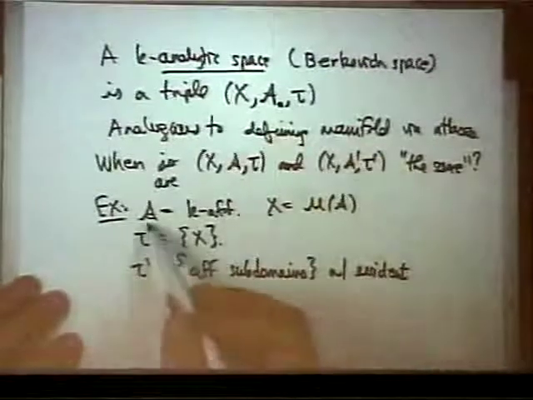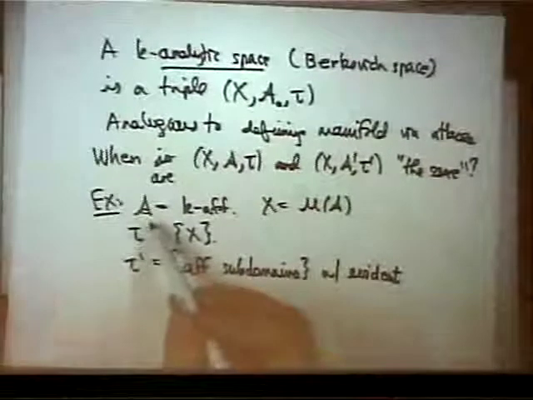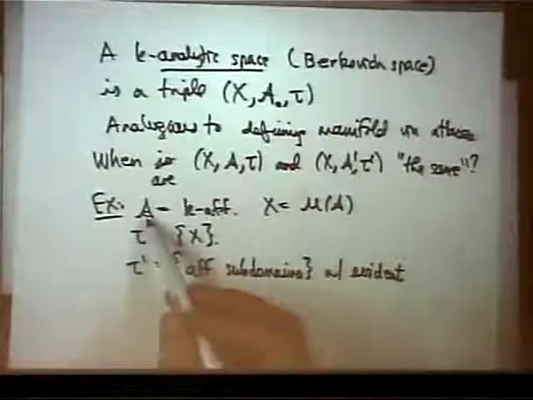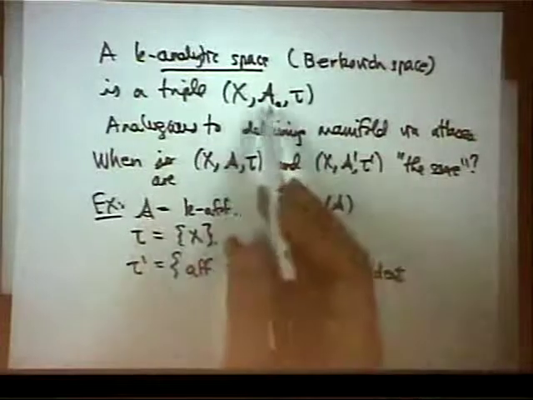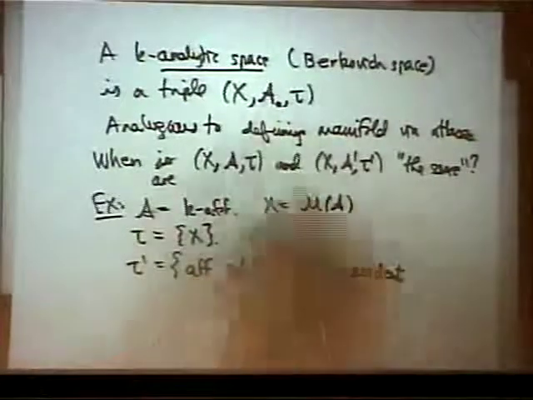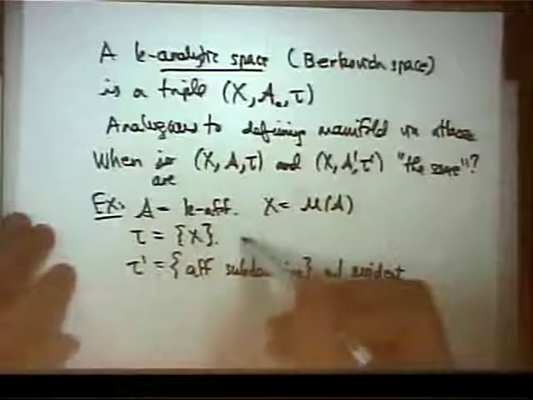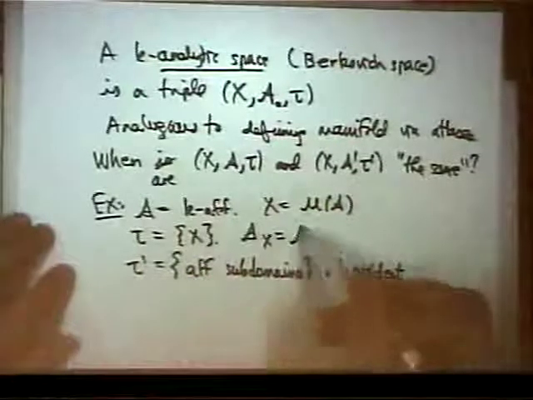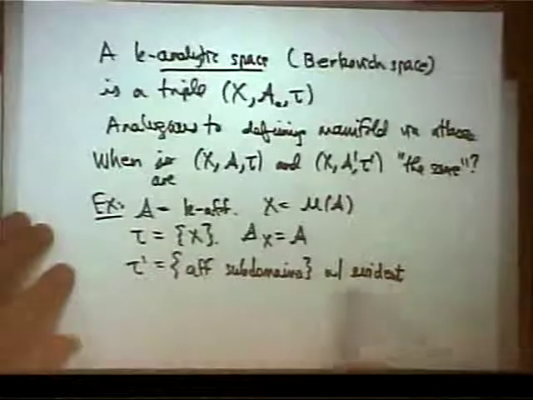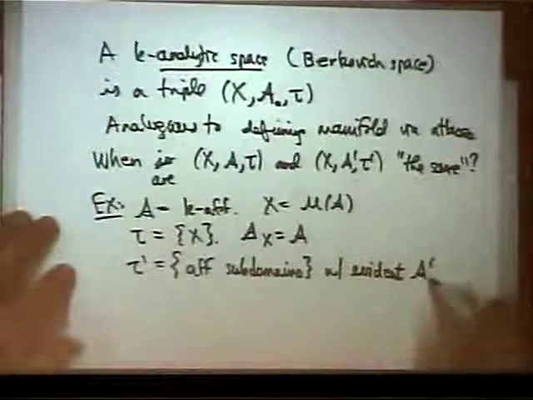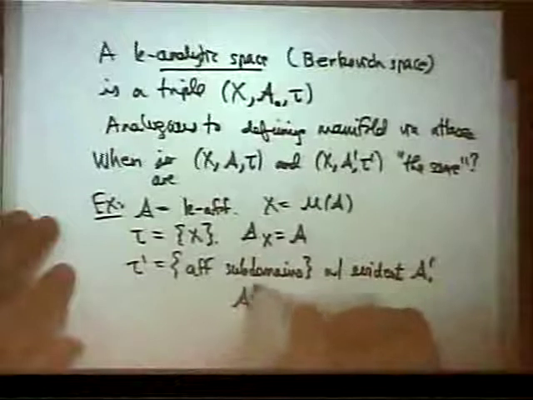Sorry. So this is an affinoid algebra. You see, I usually use a script here because I want to distinguish it from thinking about strict algebras. So it's suggestive of this, but this is not the same thing as this. In this case, there's only one thing, and A sub X equals A. All right? And similarly here, with the evident, I'll call it A prime, where again, A prime sub V